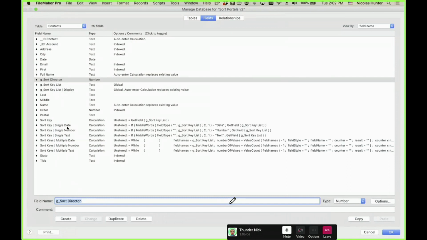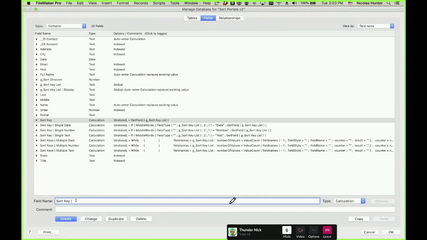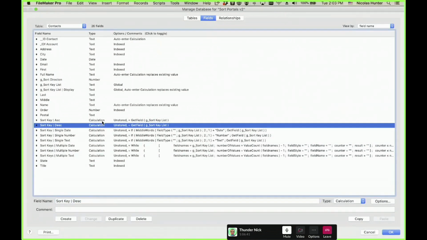Now it's very simple. I'm doing it here with the sort key. I call this the sort key, ascendant ASC. This is the ascendant. Okay, and I'm going to duplicate. I'm going to create the descendant. So now I have two. So now I'm saying here,